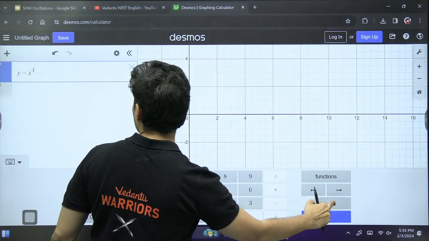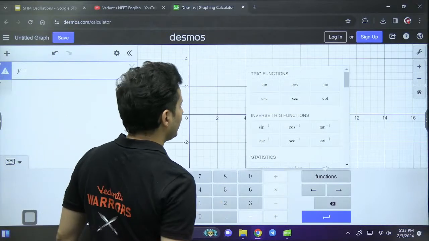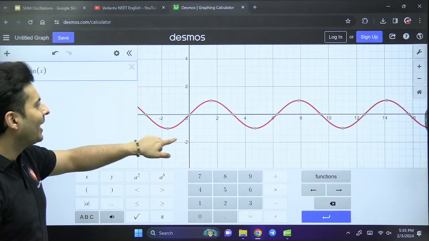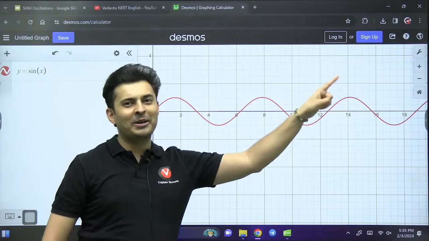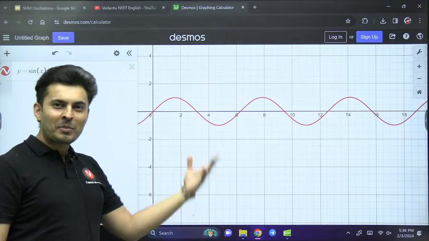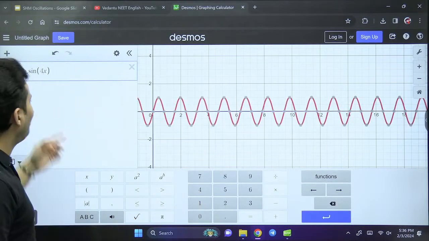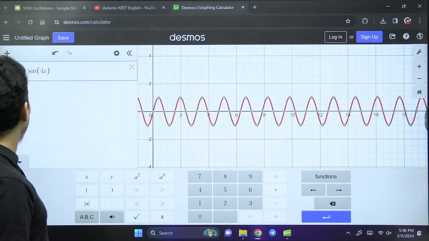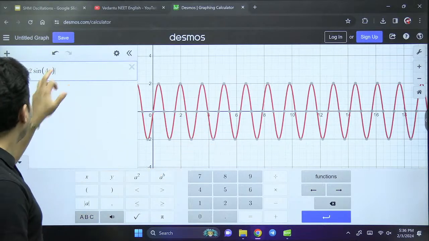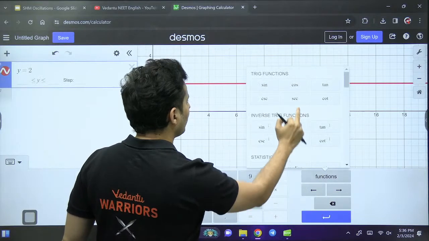How will a repeating function then look? Let's try one more thing. Let's try sine of x and see how it looks. Oh my God, brilliant. Look at it, it goes up and down, up and down, up and down. Isn't this a periodic motion, my dear warriors? Very good. What if I put sine of, let's say, 4x? Perfect. Even this is repeating. Wow. If I put 2 sine 4x, even this is repeating. Okay, I don't like sine. Let's try it out with cos then.